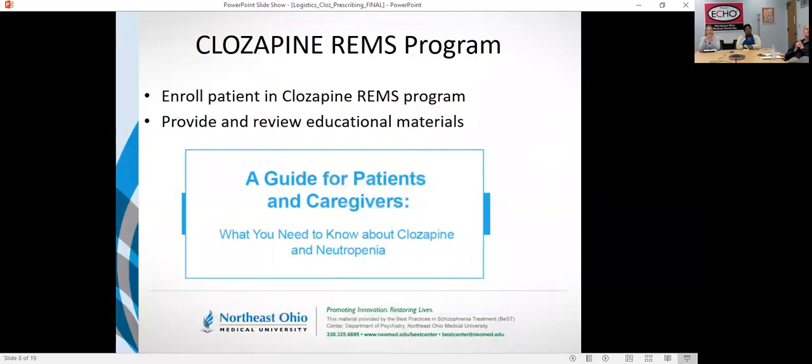So for the program itself, the patients, there are enrollment forms, both for the prescriber as well as for the patient. And one of the first steps that's required is the provision and review of educational materials. The materials that they've developed are a 4 or 5 page booklet, called A Guide for Patients